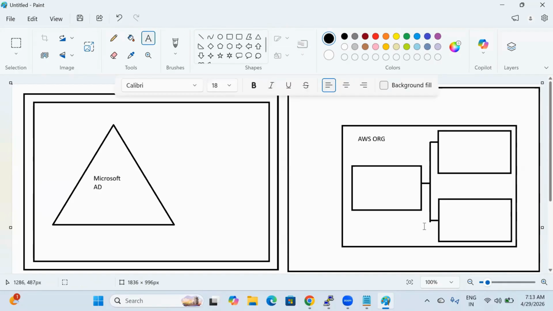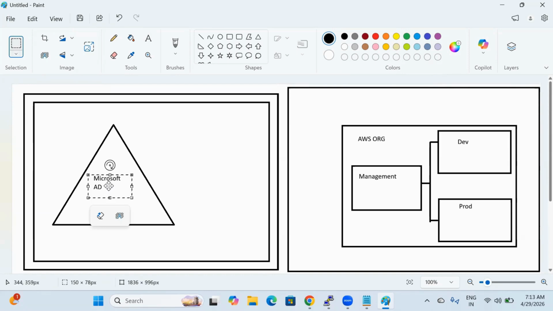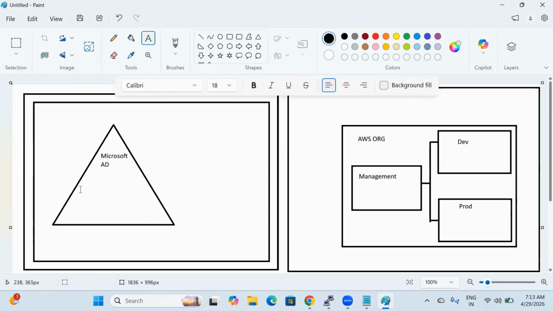Now this is my management, this is my development and this is my production. Now in the Microsoft Active Directory, I am going to create some users. So who are the users? For example, I will create Arun, Banu, Charan and Kiran, some different types of users. For all these users, for Arun, I can